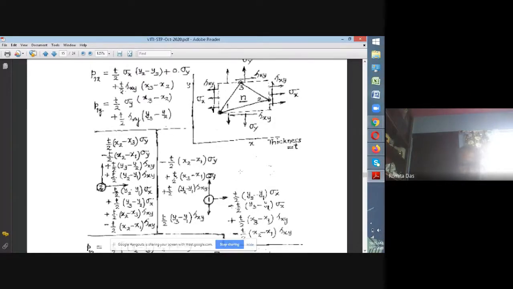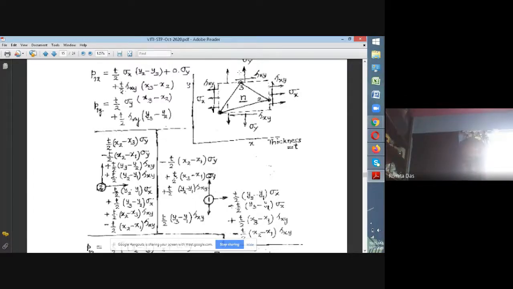And by a similar process, if you want to consider the vertical direction at node number 1, I will have load coming due to sigma y. Sigma y is acting over the area x3 minus x1 multiplied by t into sigma y, and half of that we should apportion to node number 1. That's what is given there in the second line: x3 minus x1 multiplied by t by 2 into sigma y. So it is in the vertical direction.